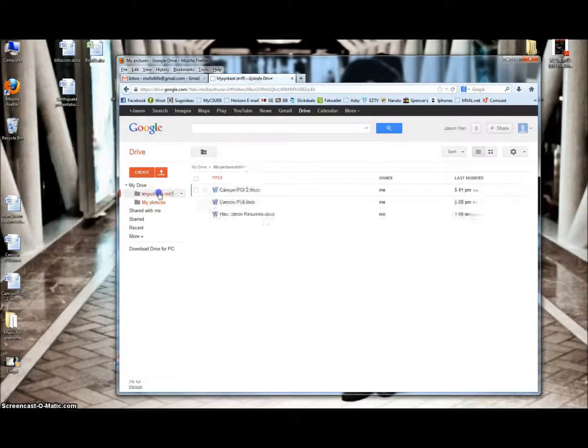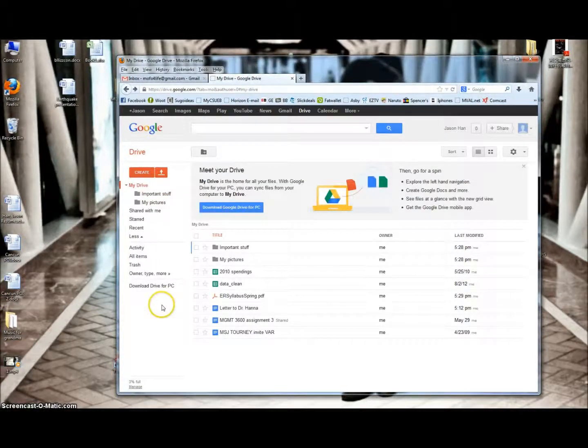And it's the same thing as before. Once it's up here, it's saved. You no longer need a flash drive, no more burning CDs. You don't have to worry about your computer breaking, anything happening to your flash drive. As long as you have internet access, everything is saved online through cloud technology. Okay, now with that being said,